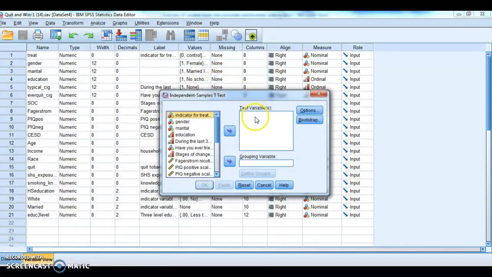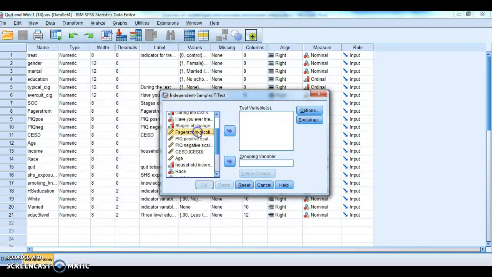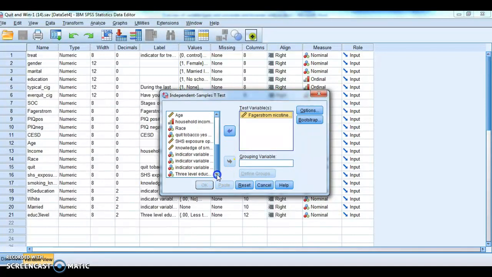Then there are 2 variables that you need to fill in. One is the test variable, which is the variable that's being compared. And then the grouping variable, which is the variable that's used to define which observations belong in each of the 2 groups. So the test variable for us is going to be the Fagerstrom. I'm just going to click and move it over. And then the grouping variable